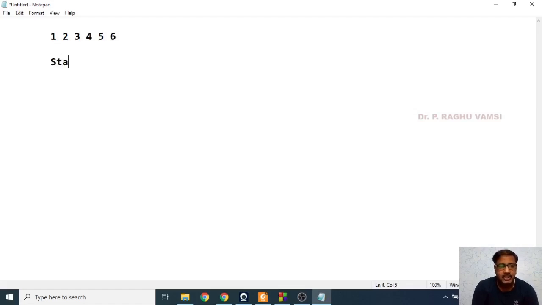So if you implement a stack, then first 1 will be inserted into the stack, then 2 will be inserted, then 3, 4, 5, then 6. So this is the way of insertion. So if you read all these elements out, they will be printed in the reverse order. That is 6, 5, 4, 3, 2, 1.